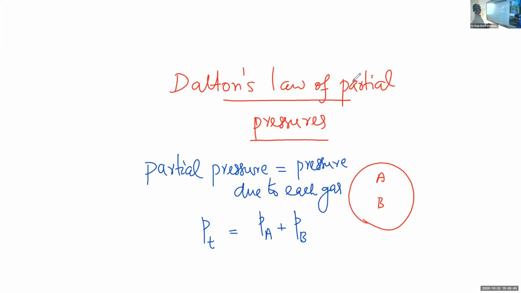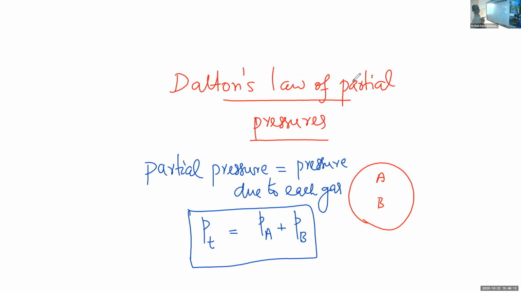Suppose we have a mixture of A and B, two non-reacting gases A and B. Let the partial pressure due to A be PA. Partial pressure due to B is PB. Then the total pressure of the gas mixture PT is equal to PA plus PB, and that is Dalton's